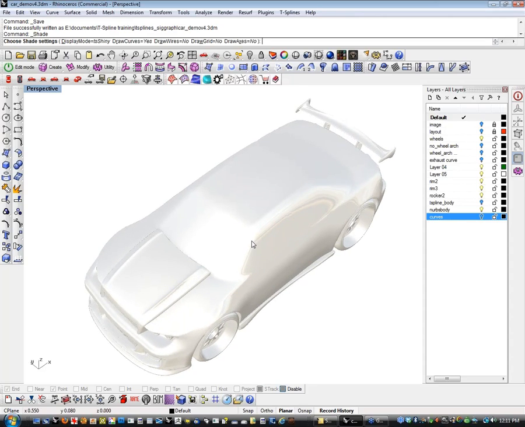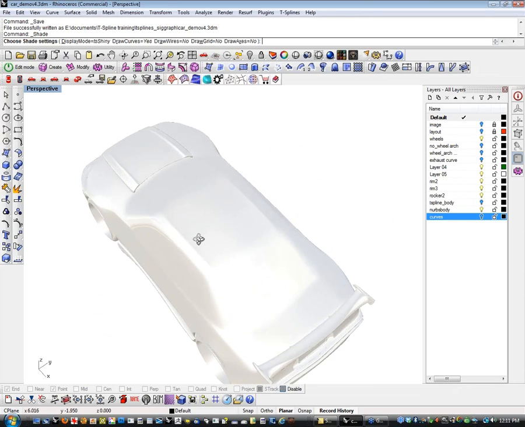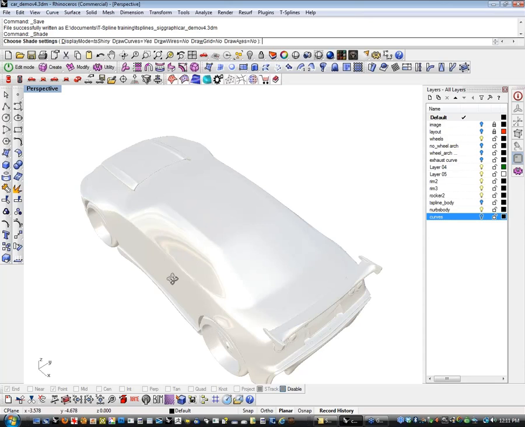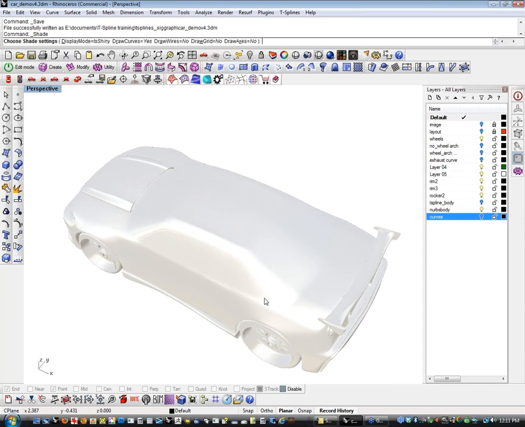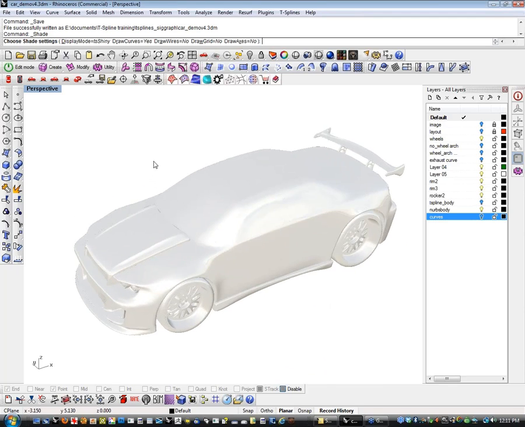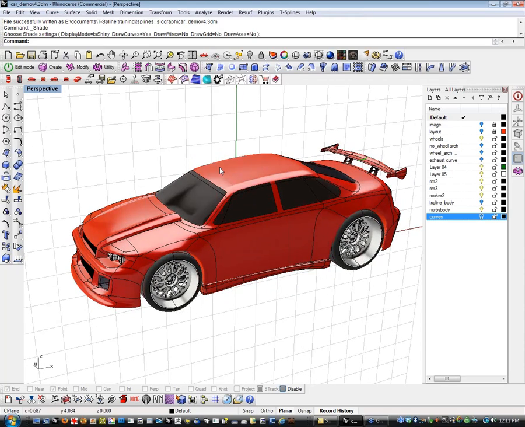and also this A pillar, which is the front pillar that encloses the windshield, and the C pillar, which encloses the rear glass and flows into the trunk lid. There's a highlight line here that also is a very difficult highlight line to get to work in NURBS, because this is typically a situation where, when you're doing Class A modeling, the zebra display would break down, which is where you would use a black and white striped shader to show how that transitions from one thing into the other. And if we look at this here,